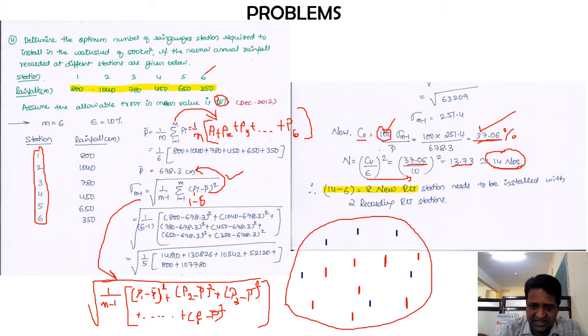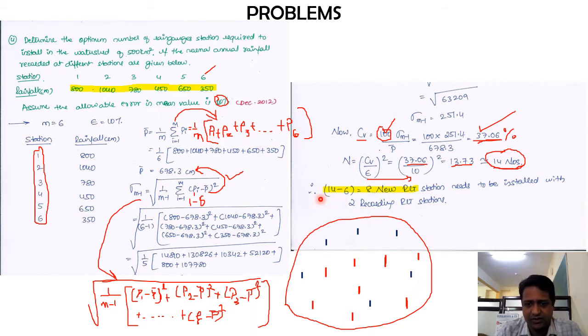So again, whatever I show over here as a catchment, the blue colors are the old rain gauge stations and red is the new one. Here we are not bothering about where the placement of that particular rain gauge station is going to be. These problems are limited to only the optimum number of rain gauge stations that we are going to have. So just for the sake of representation, just for you to understand, I am representing it in a figurative manner.